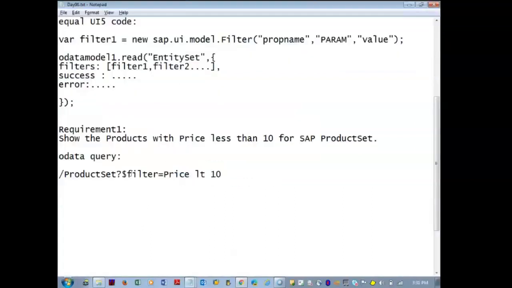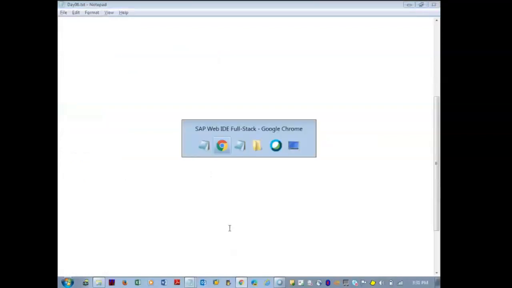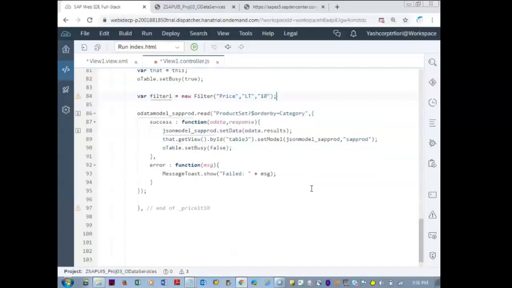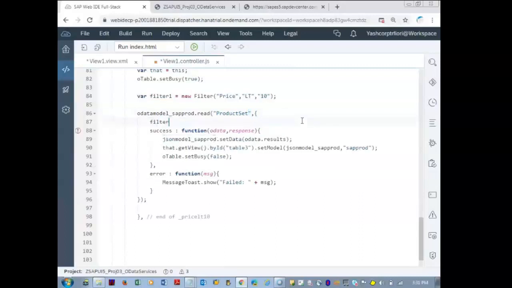So as per the OData query, price, the first one, comma, LT less than in uppercase, the value 10. Okay. And then here inside filters: filter 1. That's it.